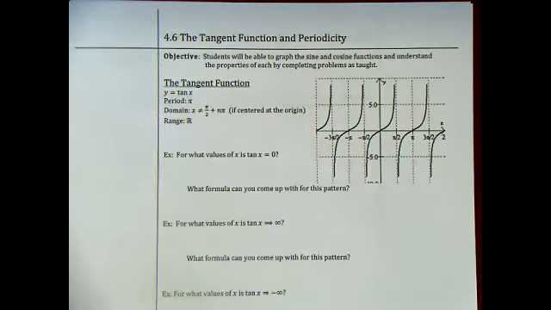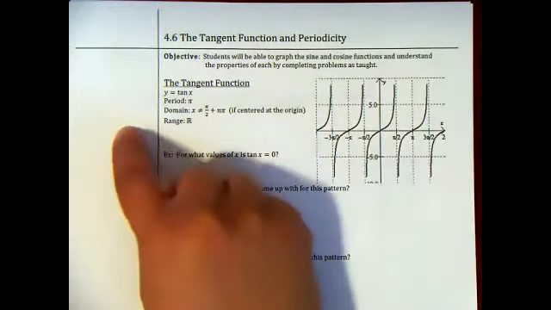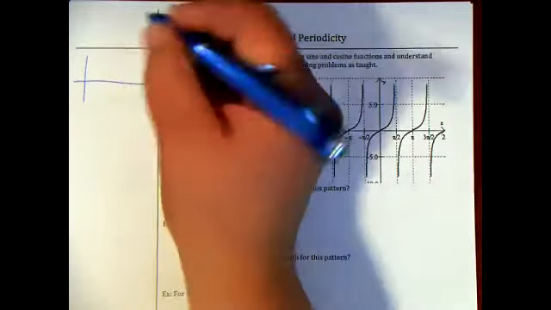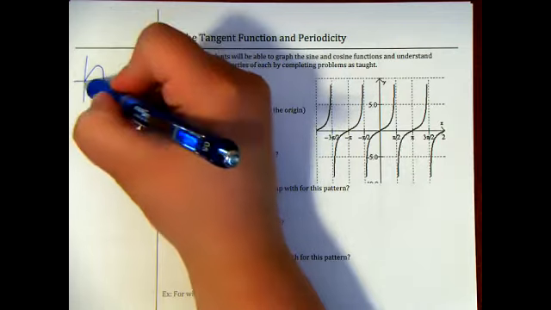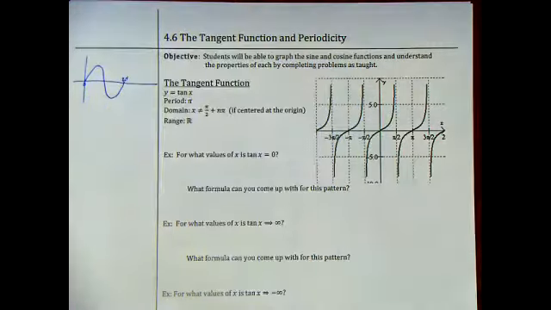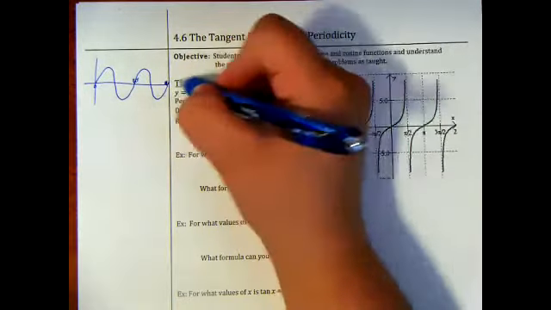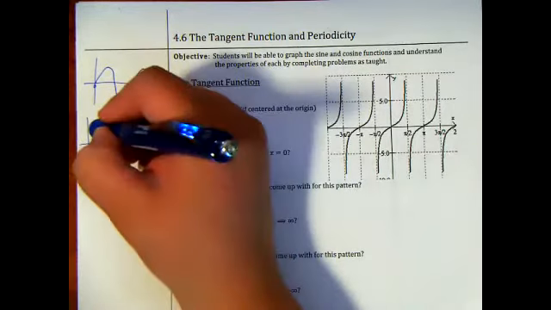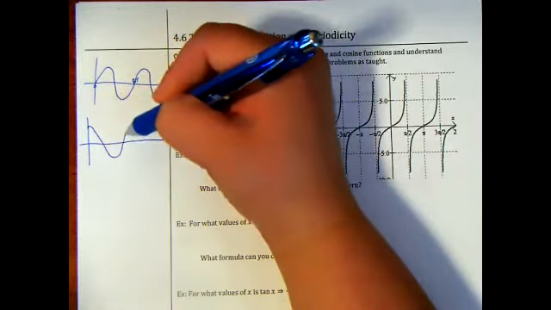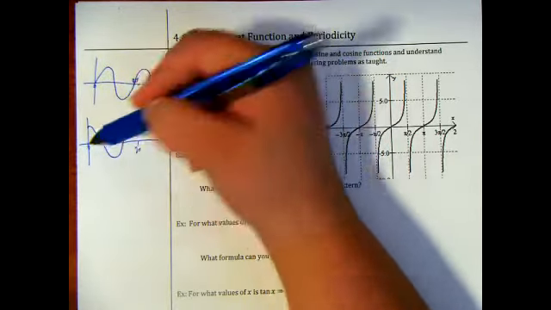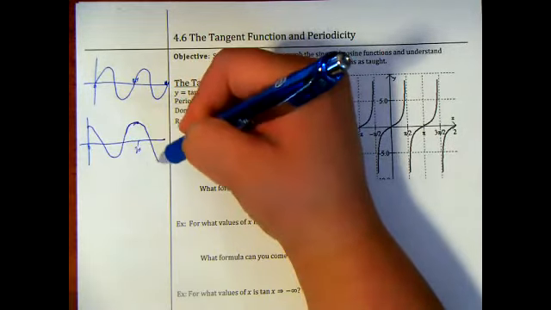If you remember, the period represents the distance of how long it takes for a full curve, like a sine curve or a cosine curve, to take place. And then it repeats every the same distance. So for a sine and a cosine curve, our sine curve here starts at 0, and we have this. So this is from 0 to 2 pi, and then it repeats the same curve every 2 pi. So this would be 4 pi, and then we continue. With a cosine curve, we start up top, and it looks like this. And this is 2 pi, this is at 0, and then it essentially repeats that curve every 2 pi, just like